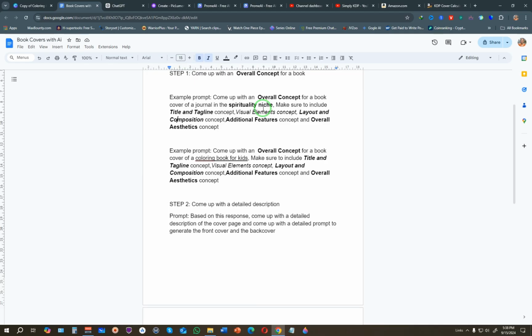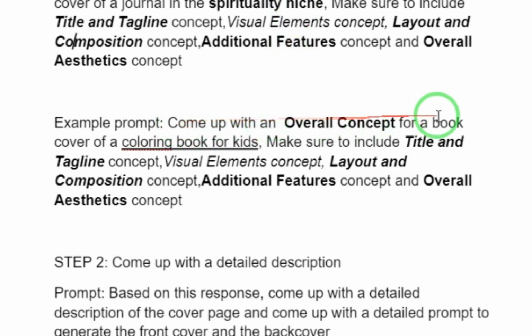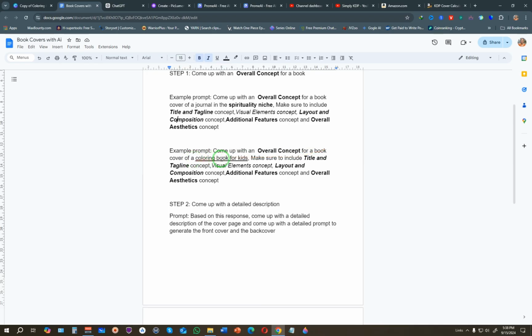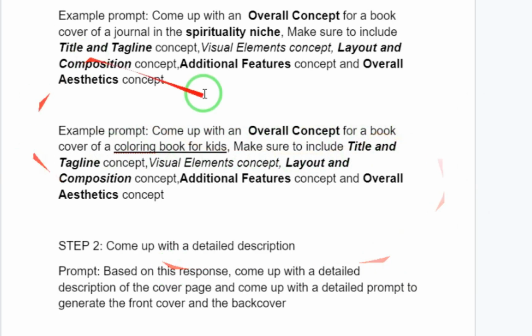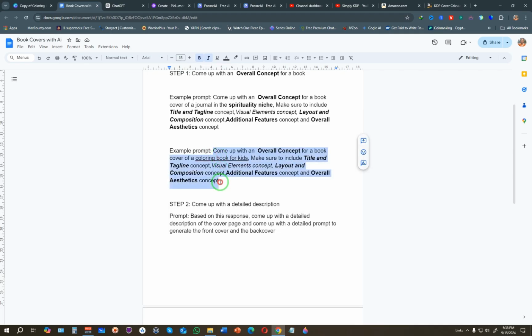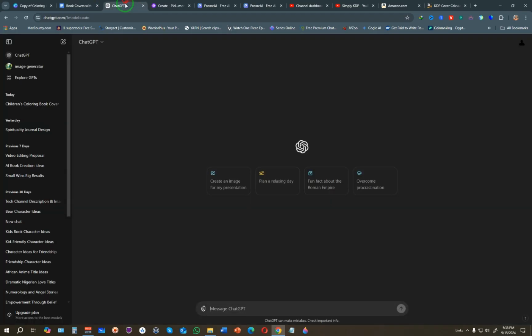niche. Now, depending on whatever you're creating, in this case we are going to be creating kids coloring books, so I have a better example right here which says: come up with an overall concept for a book cover for a coloring book for kids, and make sure to include the rest, just leave it as it is. So I'm just going to copy this and go to ChatGPT